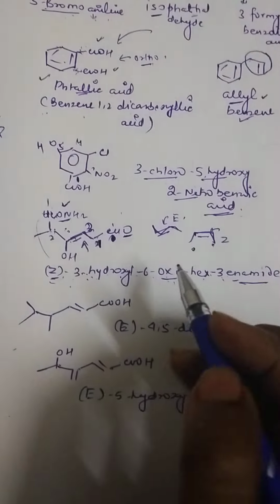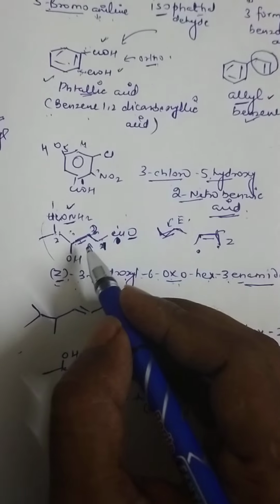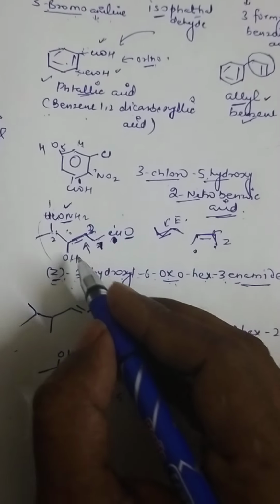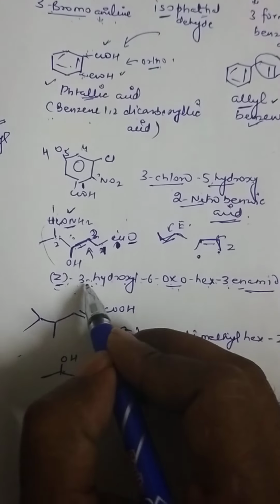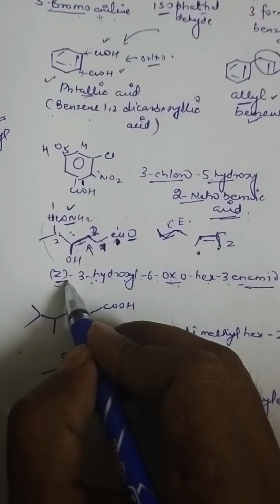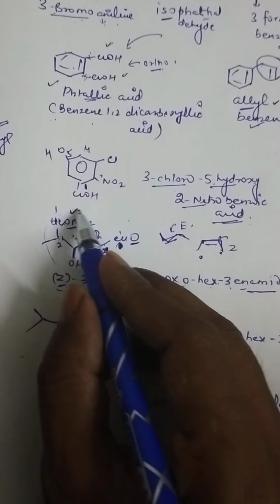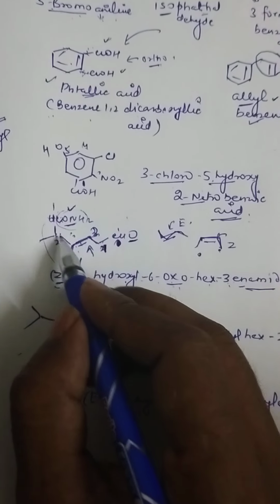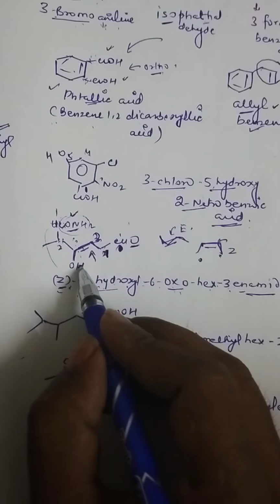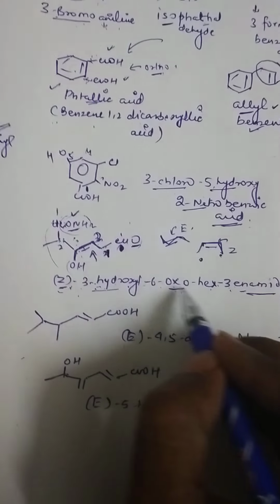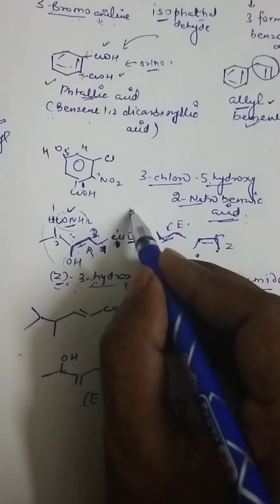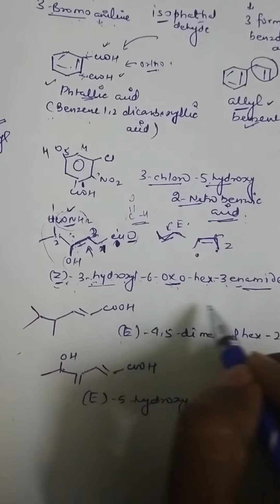So there will be no confusion here; actually I missed something. First of all, you should see the orientation of the alkene moiety. So it is Z, so I have included this Z. 3 hydroxy because this acts as a functional group here. So 1 2 3, at 3 there is hydroxy, it acts as a substituent. 3 4 5 6, at 6 there is oxo, CHO we will call oxo here.